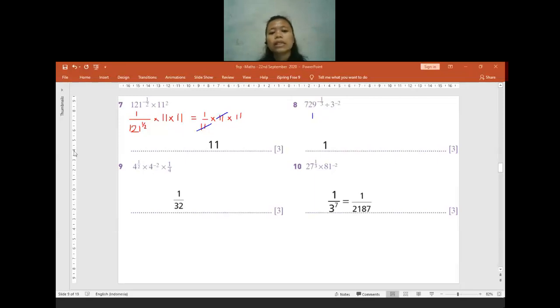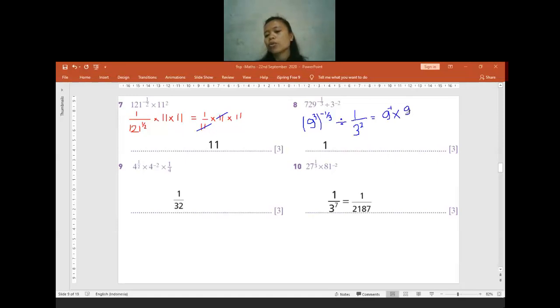We have 729 to the power of negative 3. So I will just make it into a negative number later. I like the indices more. So we can make 729 into 9 to the power of 3, because 9 to the power of 3 is 729. And then we get another power, which is negative 1 per 3. Later on, power and power you can simplify by doing a multiplication. This is division, so I will just change it into a fraction, becoming 3 to the power of 2.